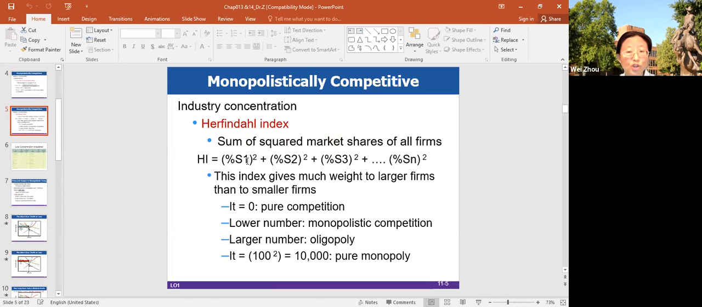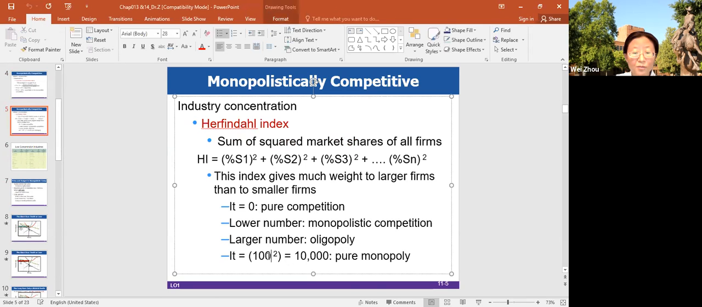Basically, you take the share of each firm in the market and square it. The biggest number is pure monopoly, because you are only one firm, so you take account of 100% of the market. So 100 squared, which is 10,000, is the biggest number you can get for the Herfindahl index, for only one firm. And then the smallest number will be 0, pure competition, because each company, let's say, only takes account of